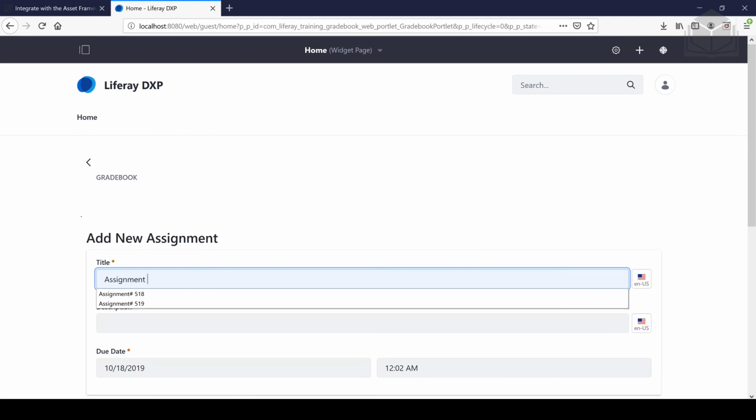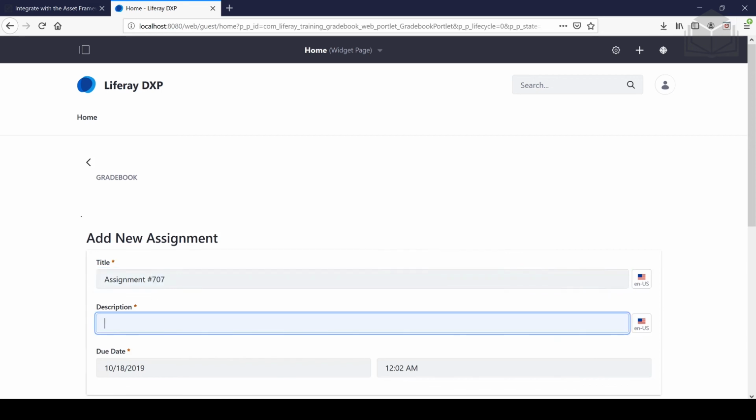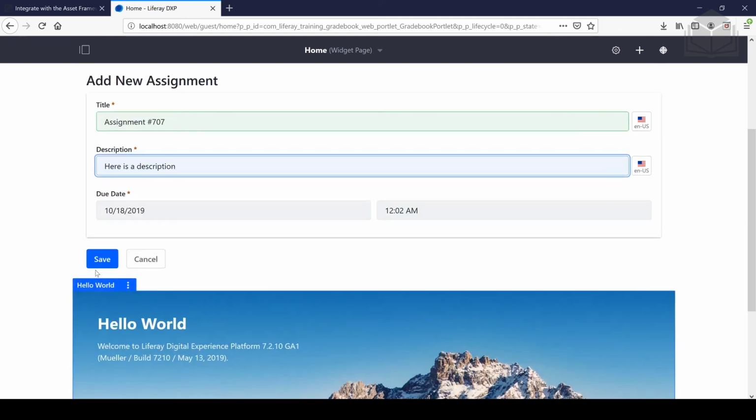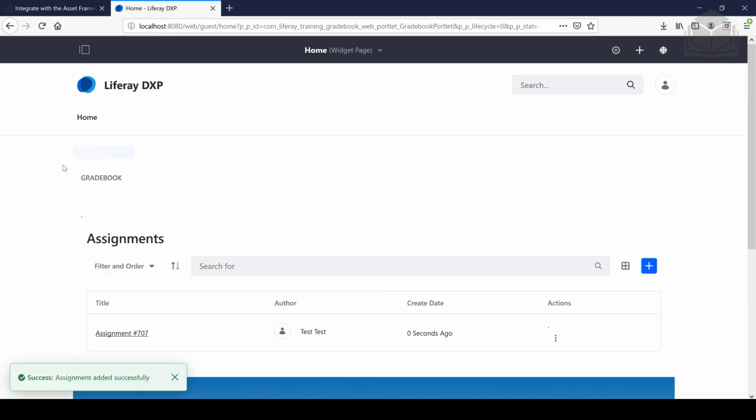You can call this whatever you want. Assignment number 707. Description: here's a description. And then I'll save the file. So now that we see that our gradebook application is up and running, all I needed to do was redeploy it. In order to get our assets integrated fully into the asset framework, we're also going to